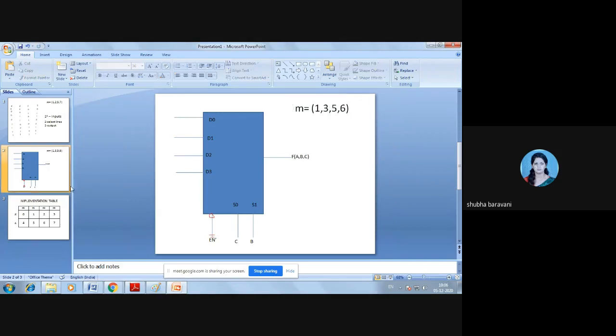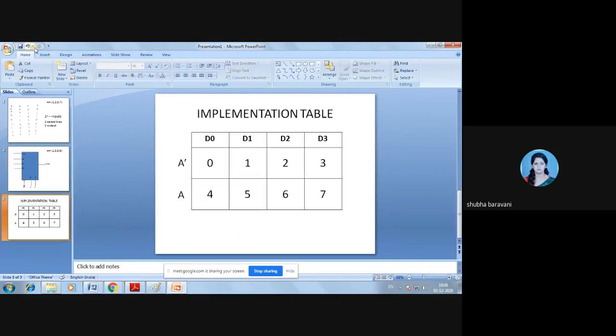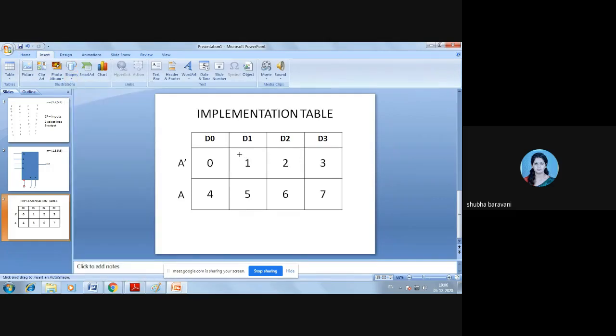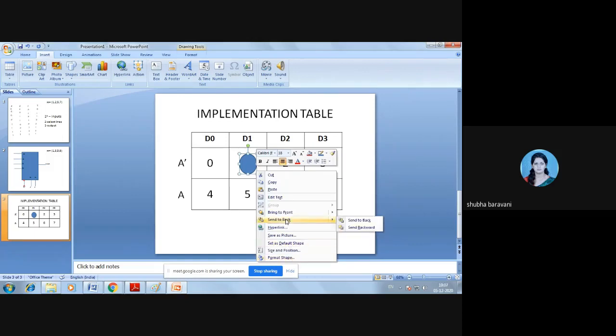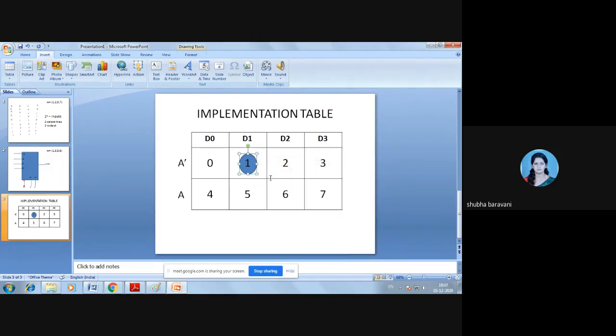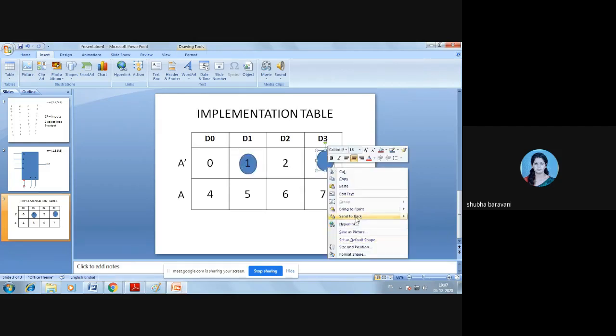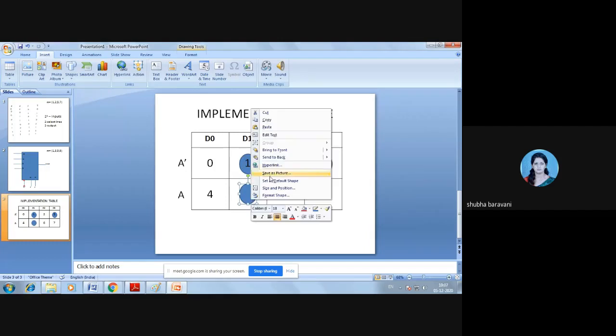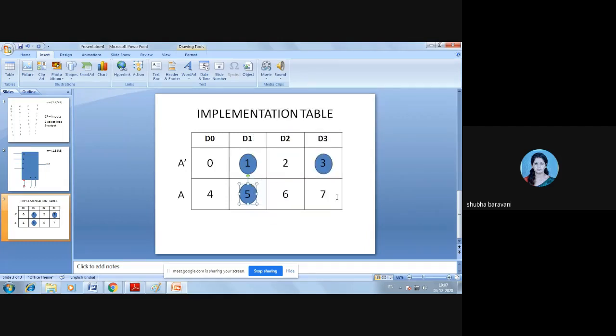Now we are implementing this. So, what you have to do? You have to encircle 1, 3, 5 and 6. So 1, 3, 5 and 6.